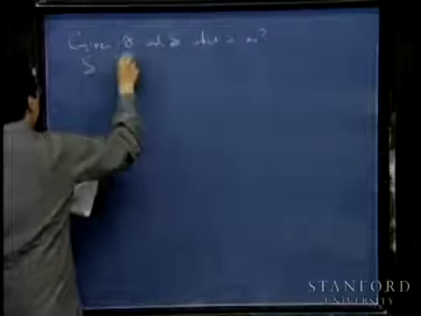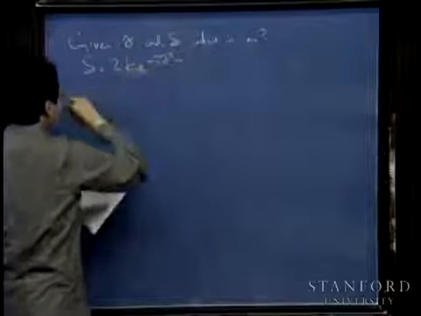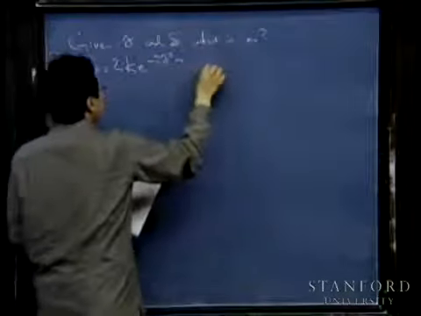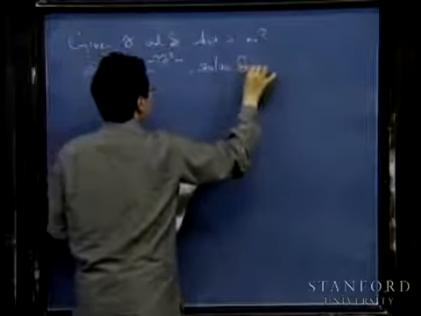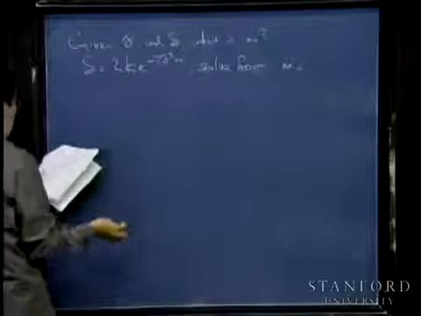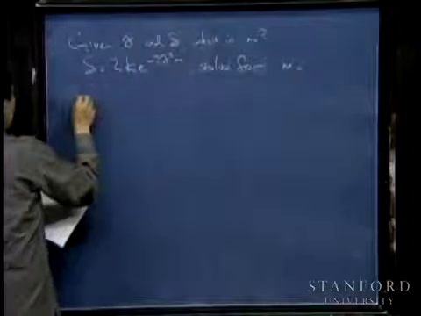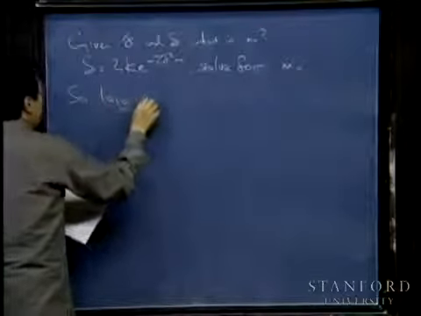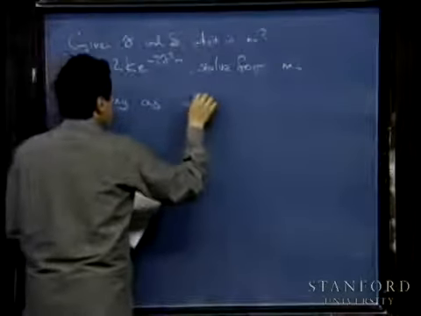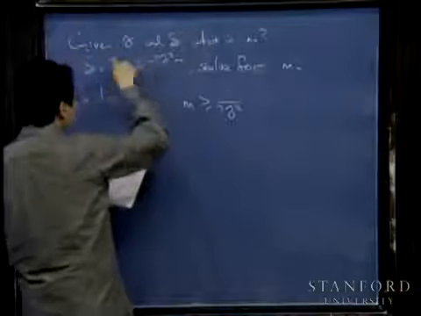So if you set delta to be equal to 2k e to the negative 2 gamma squared m, this is that formula I had on the left. And if you solve for m, what you find is that there's an equivalent form of this result that says that so long as your training set size m is greater than this, and this is the formula that I get by solving for m,